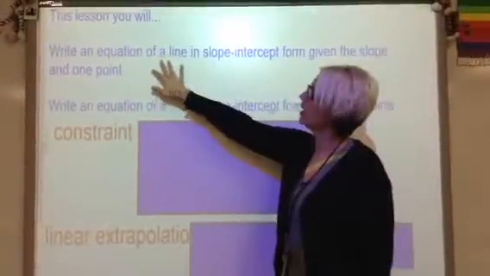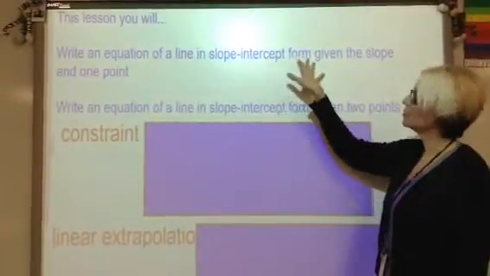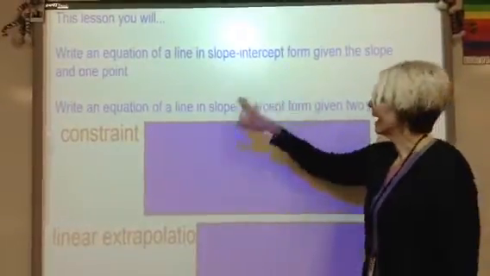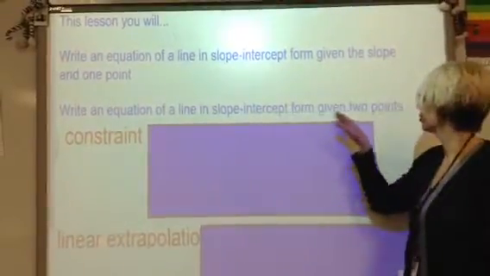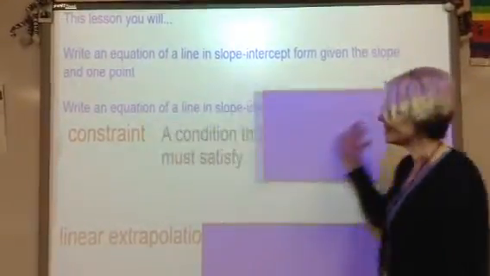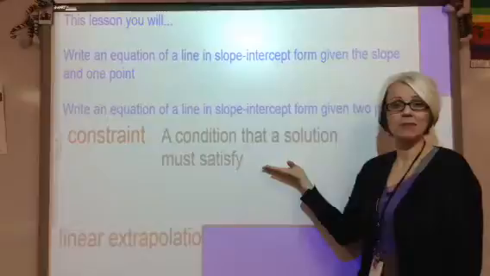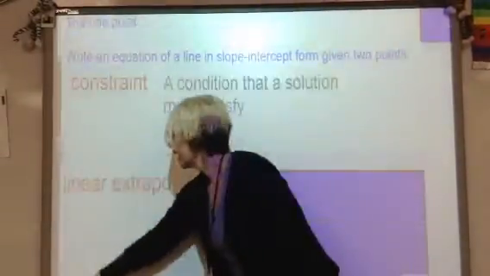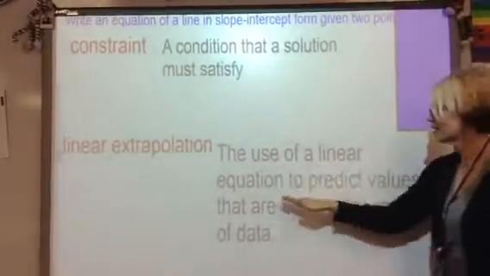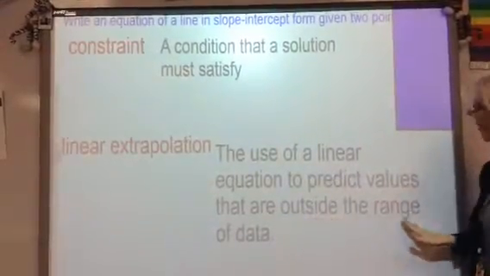In this lesson, you're going to write an equation in slope-intercept form given a point and one slope. And you're going to write an equation of a line in slope-intercept form when we're just given 2 points. A constraint is a condition that a solution must satisfy. And a linear extrapolation is the use of a linear equation to predict values that are outside the range of